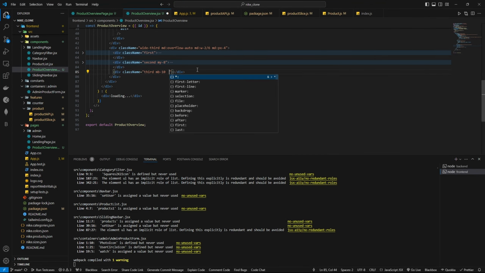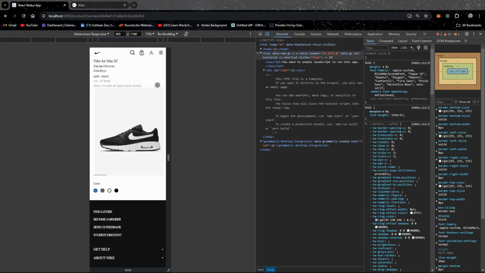Okay, and now after that, from margin top also let's give 10, actually give my 10 directly, and then